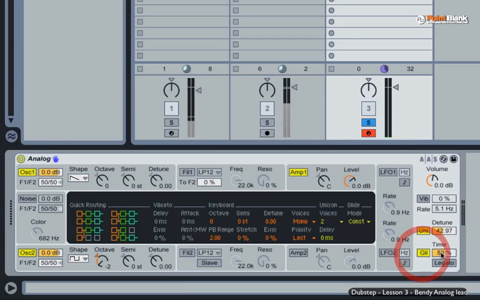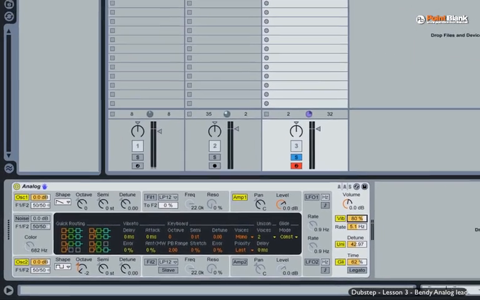Okay, glide. I can bring this up to about 60. We get a little bit of bend on each note. And lastly, vibrato. I've got this set to the default, which is 5.1 Hertz. Just bring this up to about 80. And now when we throw in note length,